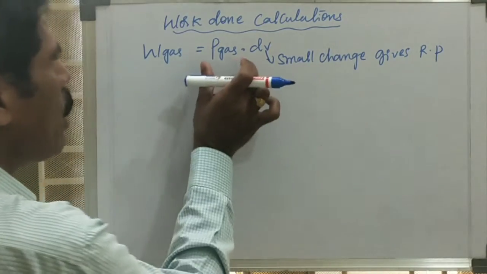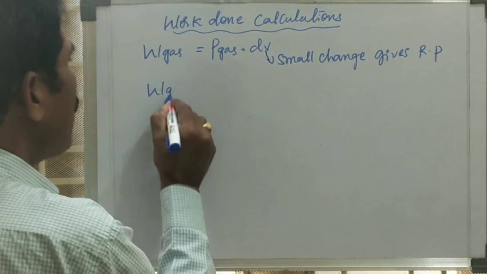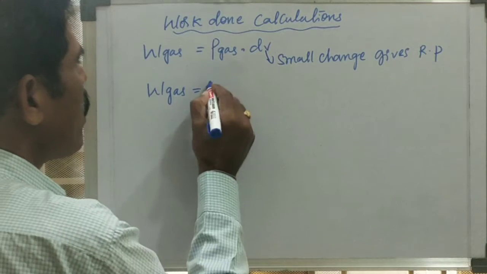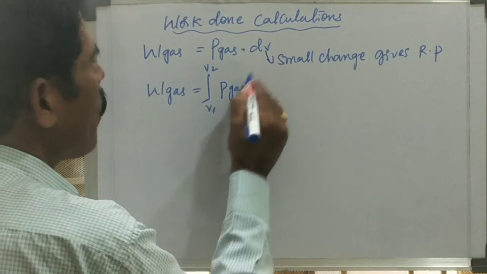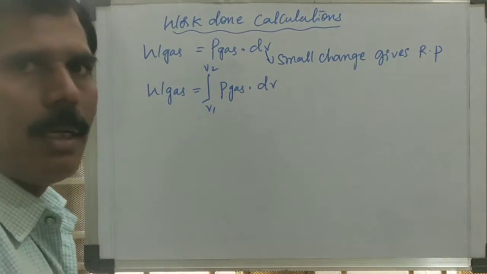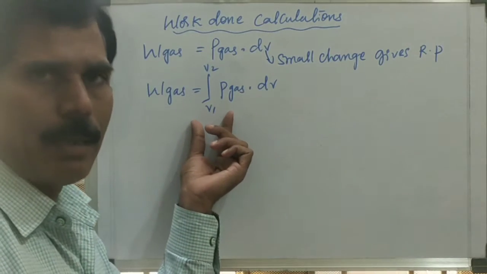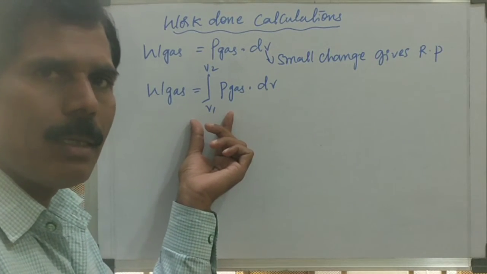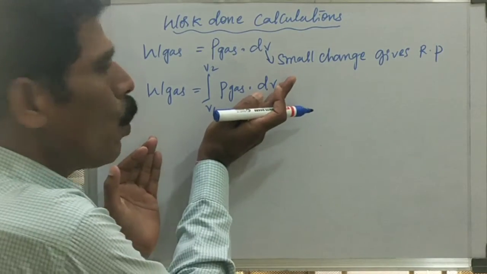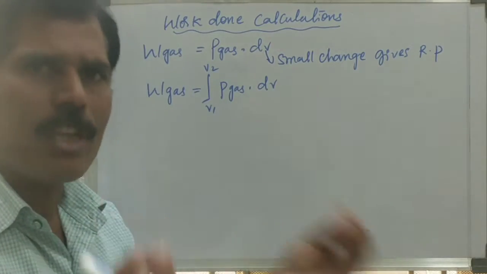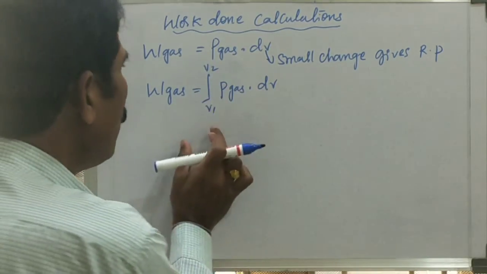So this formula will be integrated. W gas is the integration from V1 to V2 of pressure of gas into dV. What does integration mean? The small change will happen in volume, so the volume slowly changes from V1 to V2, right? So this formula